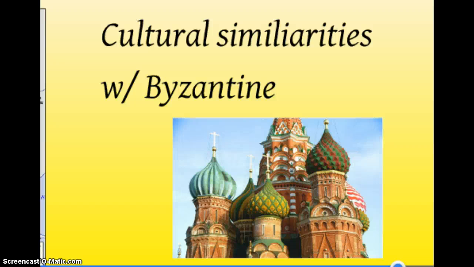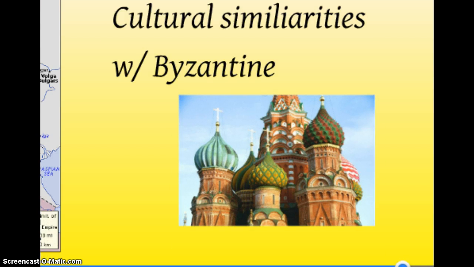Cyril gave the Russians their language. The alphabet that Russians use today is called the Cyrillic alphabet because he made up an alphabet for them. That's what they use now. So they have a lot of cultural similarities. I told you to look at the Hagia Sophia Dome. Well, that's what we can see here with the, anybody know what building this is? Kremlin in Russia. The Onion Dome is Russian, but it's also mixed with, you might see, it kind of looks like something Arabic. So that's all those cultures mixing together.